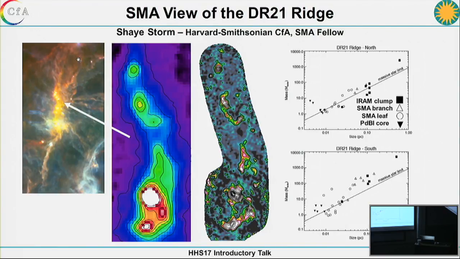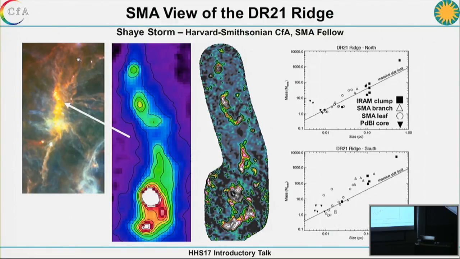So before I got here, we did a contiguous mosaic of this full 2 parsec long region of the DR21 ridge. Plenty of these cores have been observed before in detail, but never before getting this full 2 parsec long structure. So cutting to the gist of what I want to show here, we quantified the structures in the SMA mosaic, and what we're plotting here are mass versus size for the north versus the south. We have ERM, PdBI, and SMA structures here, and I plot the empirical massive star limit that Jens Kauffmann, Pillai, and others published in 2010, and they made the point that not all